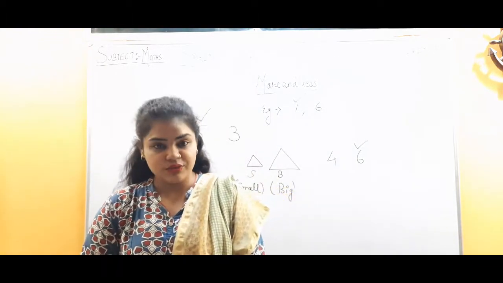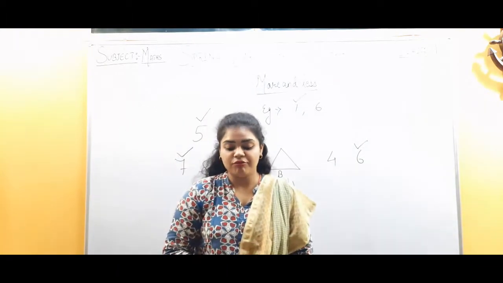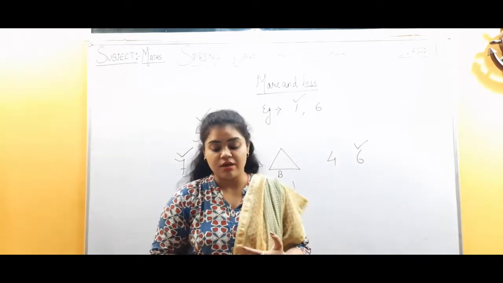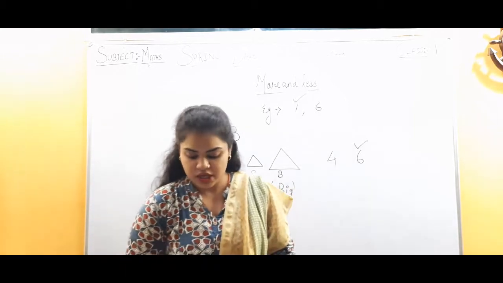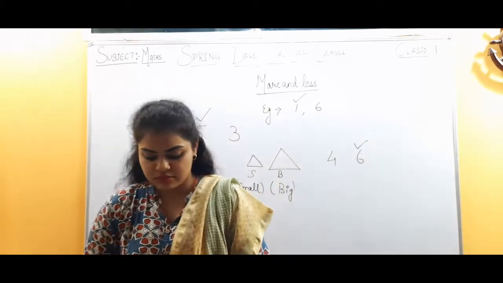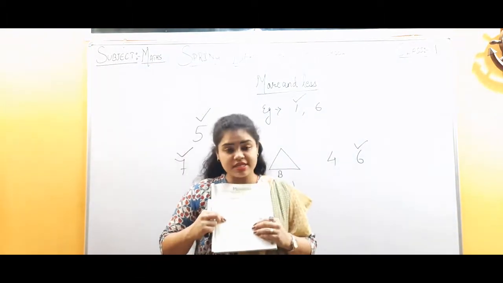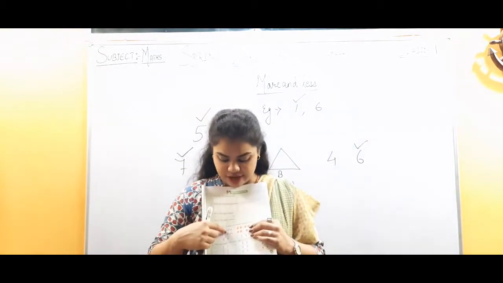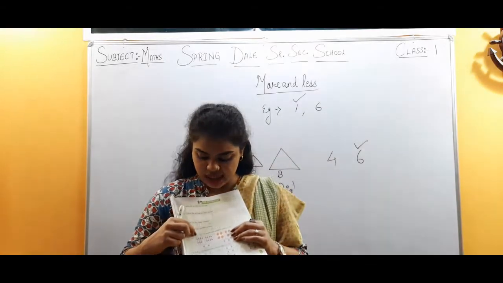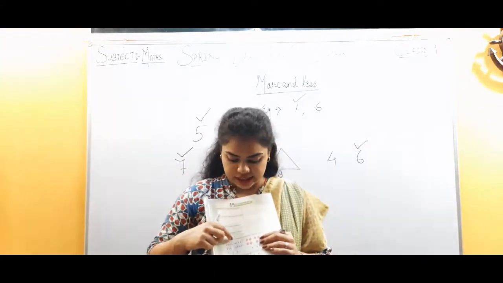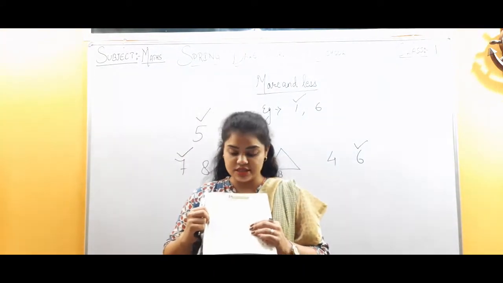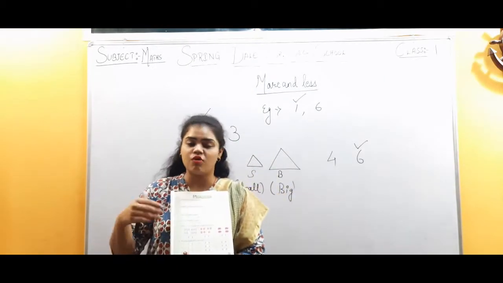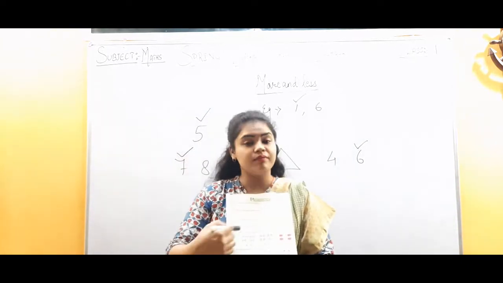Coming to the next question, question number 5. What we have to do is the comparison of the numbers, more and less or equal to. In the first, we have some pictures given here. The two boxes are given here, first and second. Here are 7 bottles and the next one is having 8 bottles. So write equal to, smaller, or greater to make each number sentence true. Whatever the numbers we have, they are greater than or smaller than, we have to give them the marks.